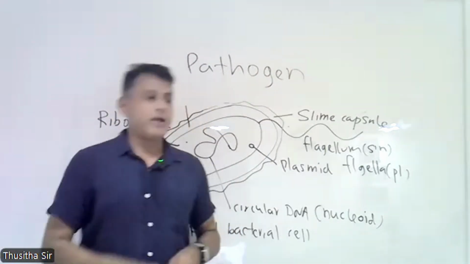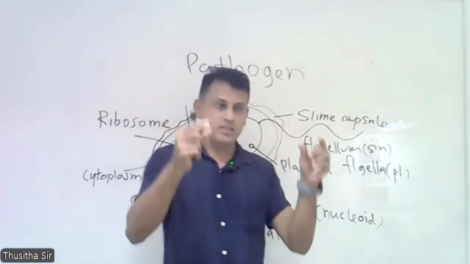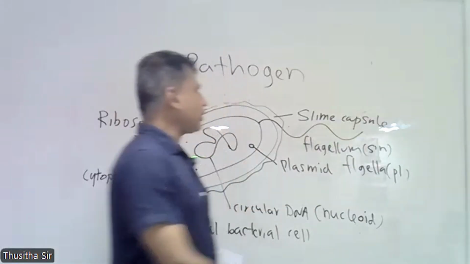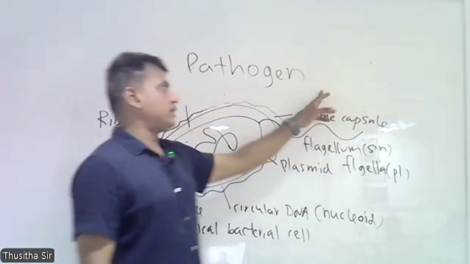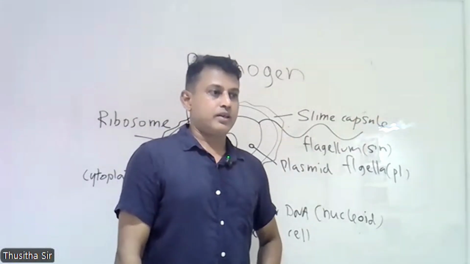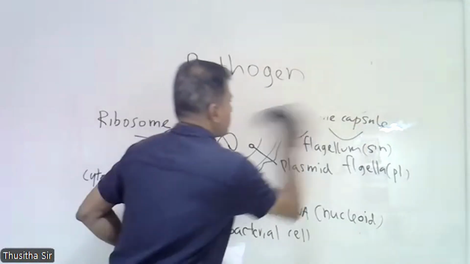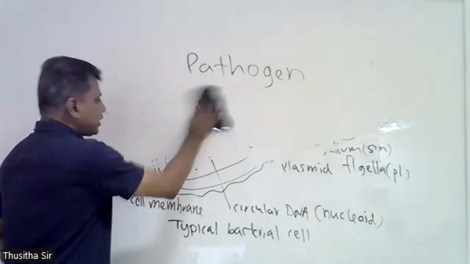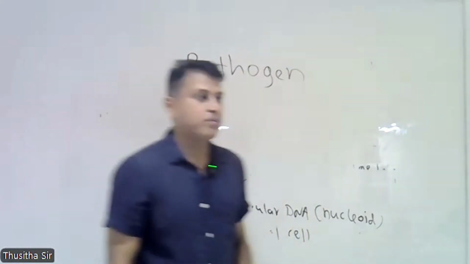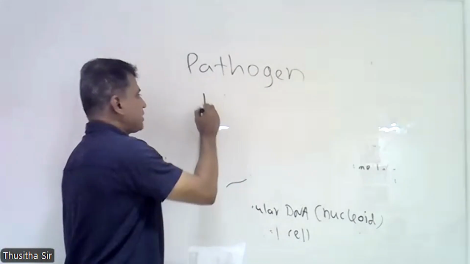The meaning of pathogen: patho means disease, gen means make. So within brackets you can write the meaning of pathogen: can cause disease. Now in your textbook, throughout the textbook, there are 2 names of bacteria. One bacteria that causes disease, this bacteria name is